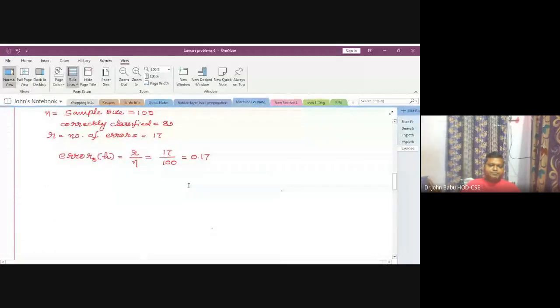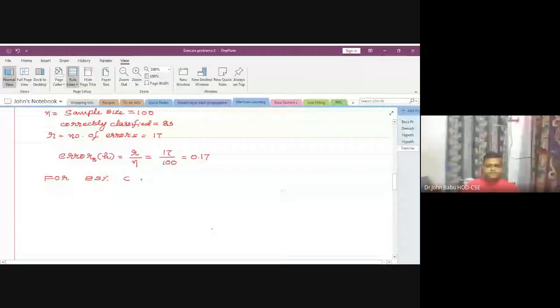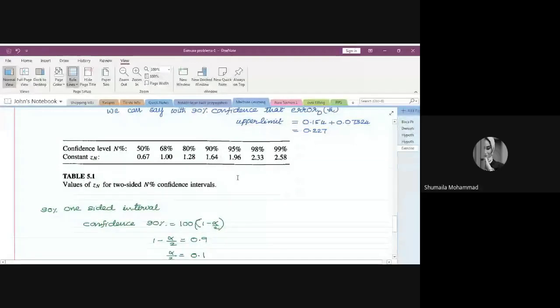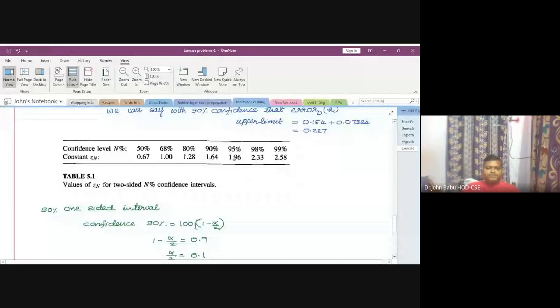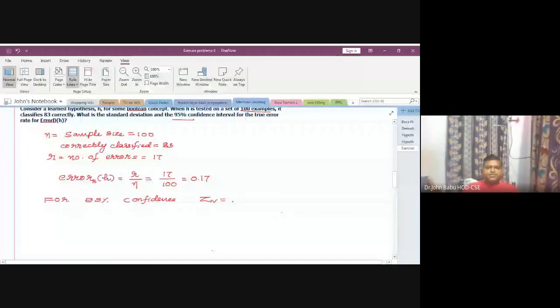So for 95% confidence, what is Zn? What is Zn value? 1.96, right? 1.96. So our problem is we should estimate